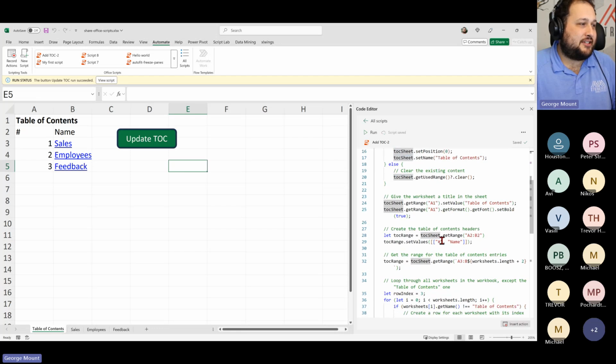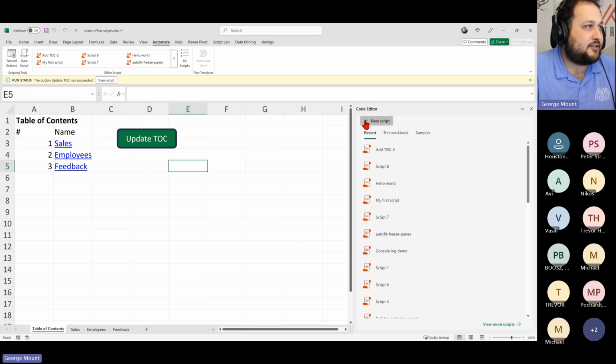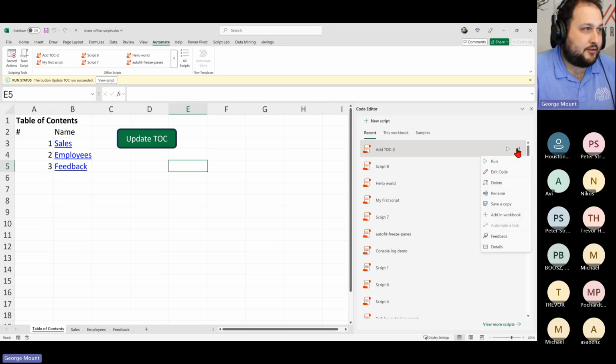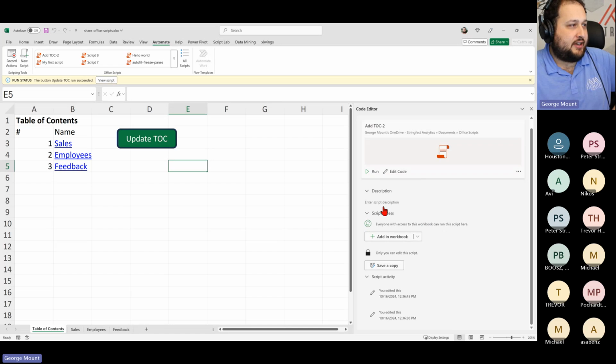Okay, if I go down here to the bottom, actually, let's click under here, let's go back to all scripts. Let's go to details, I think it is. Here it is. So here are some things to be aware of with putting up this script so that other people can use it, because that's the goal here. So we have this button. It makes it easier to locate. And again, this is under details.